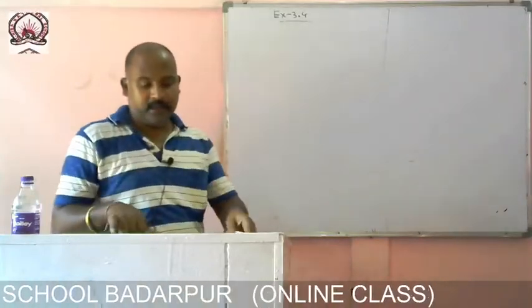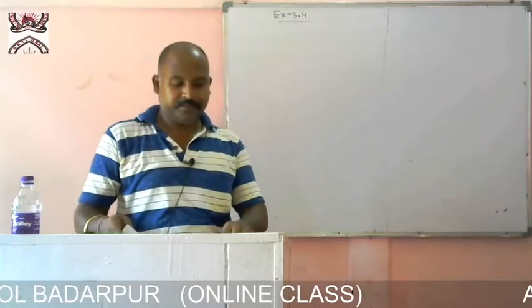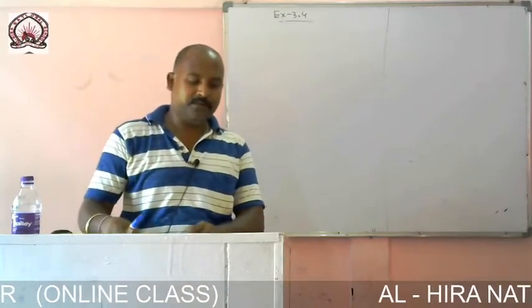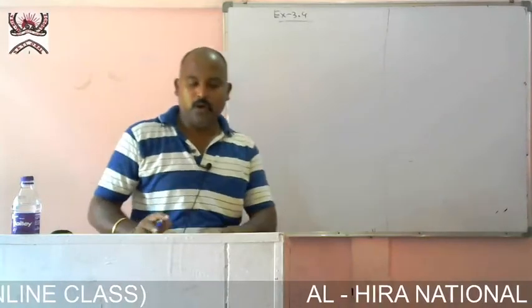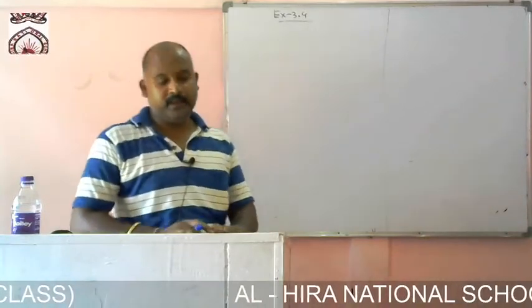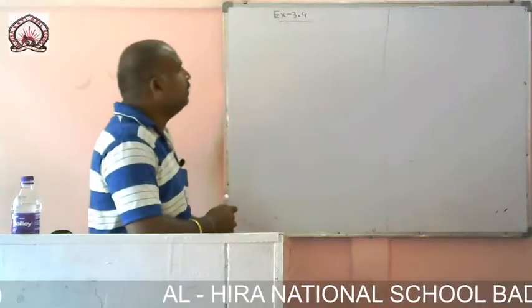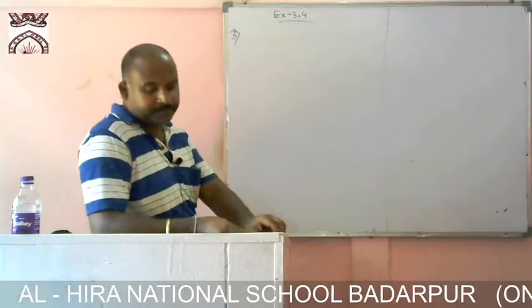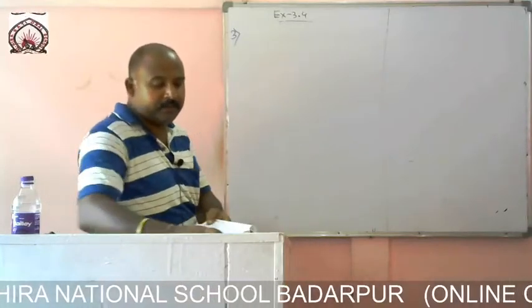Now question number 3. Mention 5 prime numbers of the form n square minus 2, where n belongs to the natural numbers. Question number 3, what have they given you?